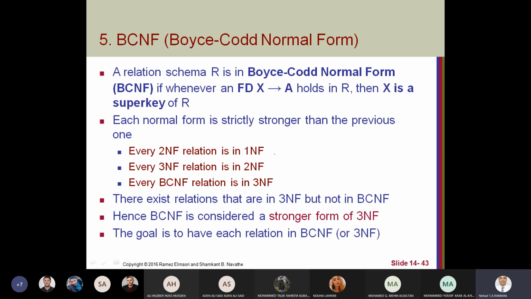BCNF, actually it's like this. BCNF, if we have functional dependency X determines A, this means X should be a super key, or sorry,